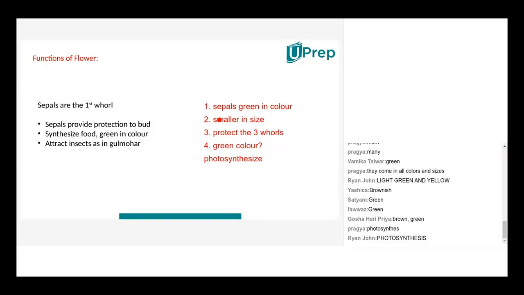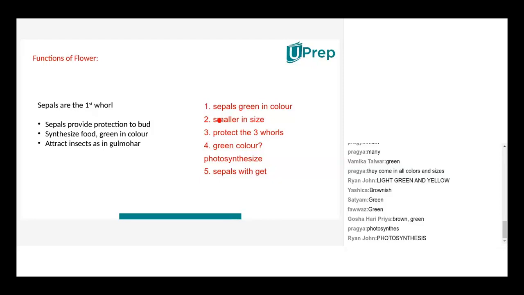Correct? And now slowly the bud is growing. The bud was this small, now slowly it has grown. Now it has become the size of a finger. Now it will grow a little longer. Now what will happen? Slowly the petals will come out. The flowers will bloom. Now the work of the sepal is over. Now the sepals will become smaller because its work is done. And many a times the sepals also fall off from the flower. Or else it waits till it converts to a fruit, and then the sepals